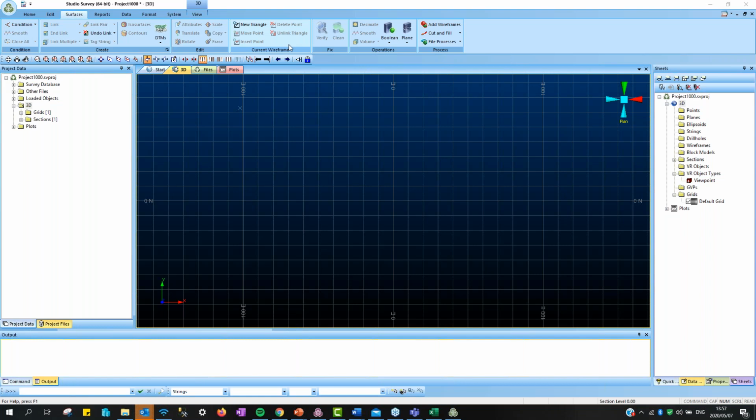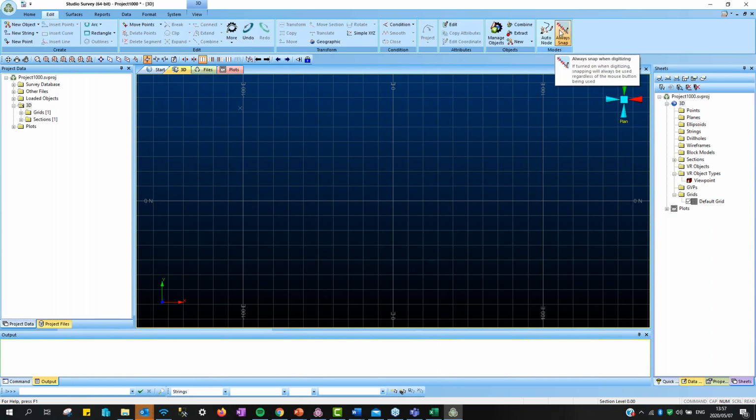Haja's version doesn't have the new AutoNode and AutoSnap tools, which you will have when you get Studio Survey for yourself. So there are a number of tools that have been added, which makes digitizing incredibly simple, snapping to points almost automatic, but obviously you need to direct where you want to snap. And then we've got the reporting tab, which we've spent this afternoon looking at, as well as